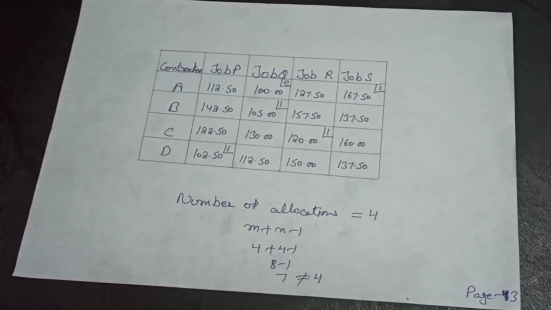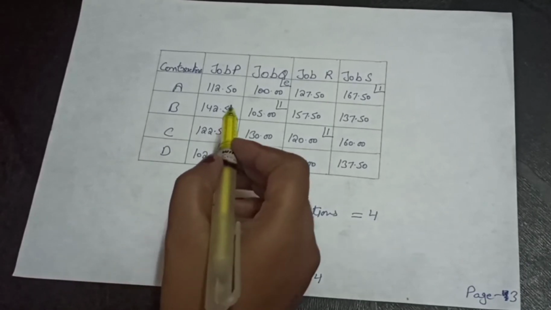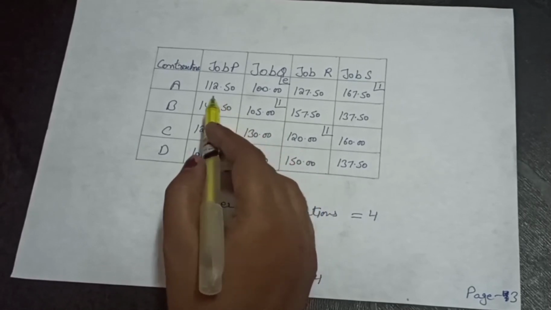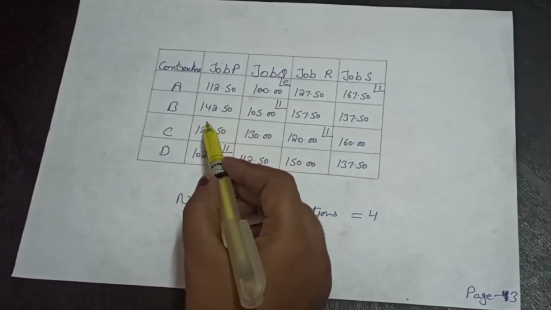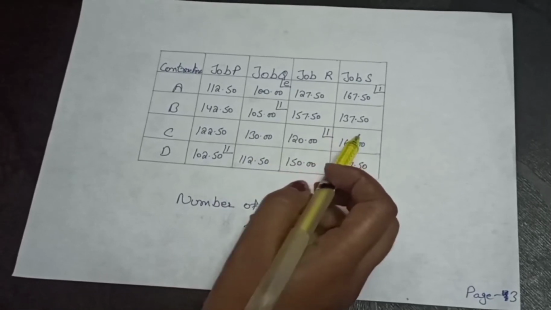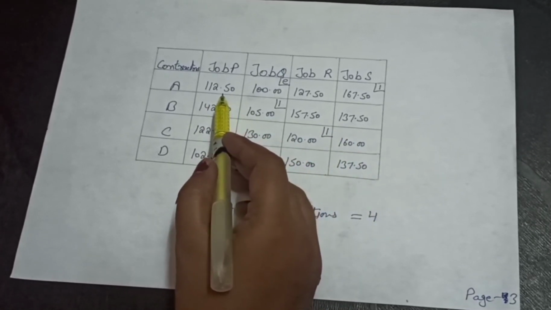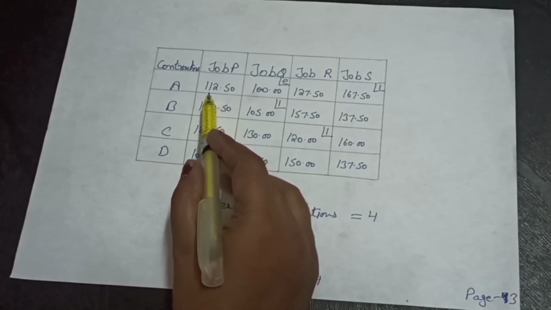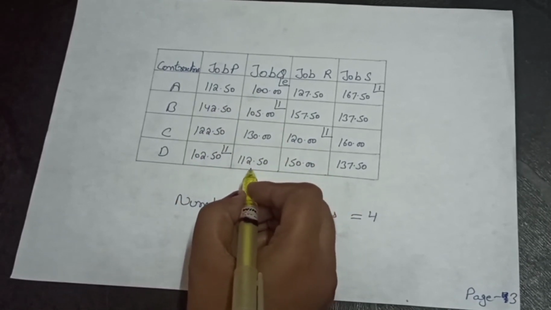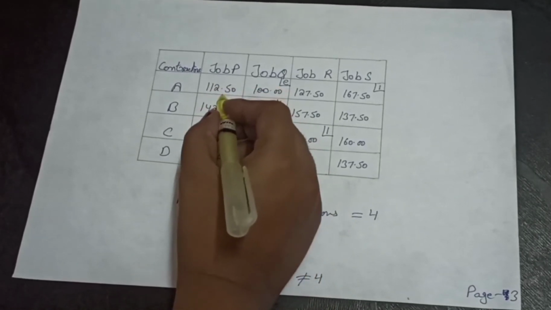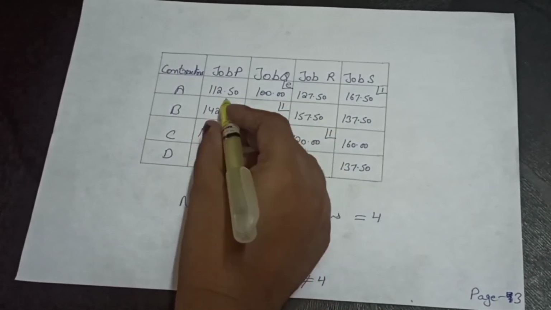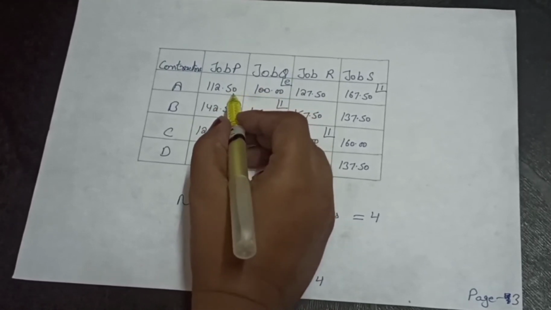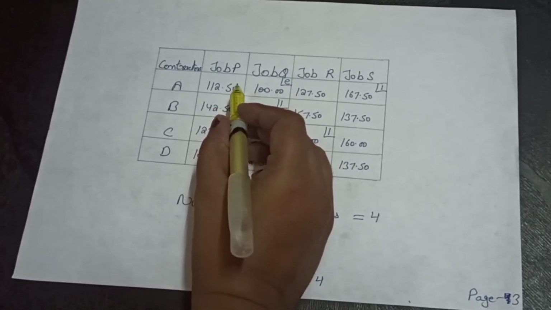Now we will find another minimum cost. Then we can see here in these columns 112.5, 112. You can see no cost is smaller than 112. Here we have 112 and also in this cell we have 112.5. So with this cost we have 2 cells, and we have to select one cell. So students, here we will check loop formation. If this cell doesn't make a loop, then we will select this cell, and if this cell makes a loop, then we will not select it.